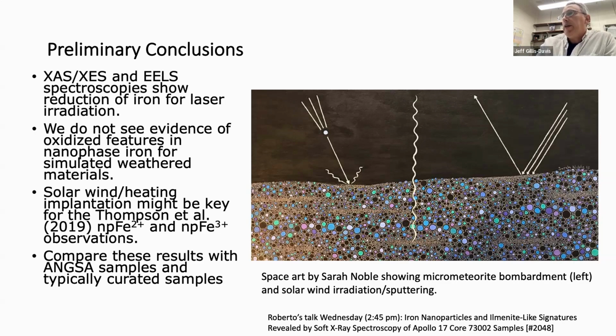And we wonder whether one difference between what we're seeing in the samples that we laser irradiate versus samples that are exposed to the solar wind on the moon is that solar wind heating and implantation of hydrogen might be the cause for the oxidized nanophase iron that Thompson saw in her 2019 paper, where you need that hydrogen to bond with some of the oxygen and take out or increase the oxidation state of the iron as it gets heated, and it might not be a preservation effect